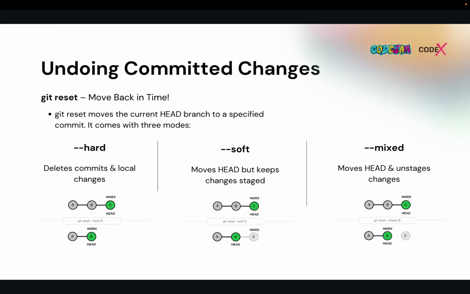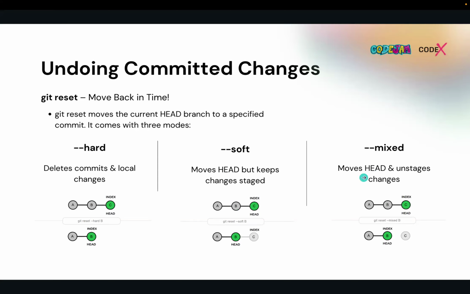Okay, when you reset things with the soft flag, it will only move back in time up to that particular commit hash. But all the changes after that particular commit will be stored as staged changes, as mentioned here.